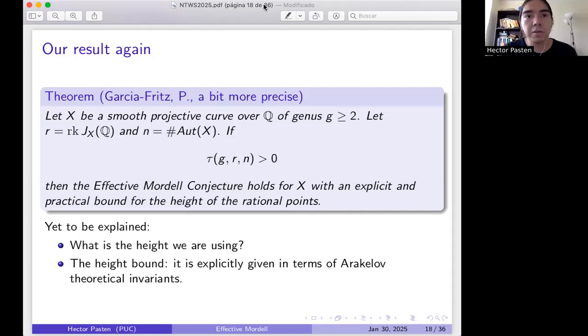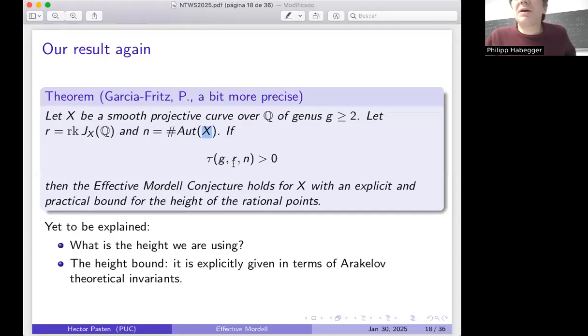I think there is something in the chat. Yes, Michael Stoll asked if the automorphisms are defined over Q or over Q bar. Oh, yeah. So I tried to make that implicit in the notation. So X is defined over Q, and I'm not extending scalars. So yes, this is defined over Q. I'm not extending scalars. It's really automorphisms of the scheme over Q. Okay, thanks for the question. Yeah, that's something that needs to be explained.